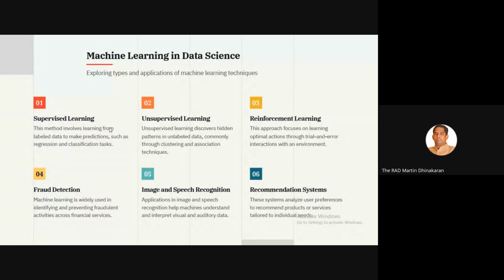So in those places, this image and speech recognition is being applied, and the accuracy is very, very high. So many people are doing research in image and speech recognition. Next is the recommendation system,